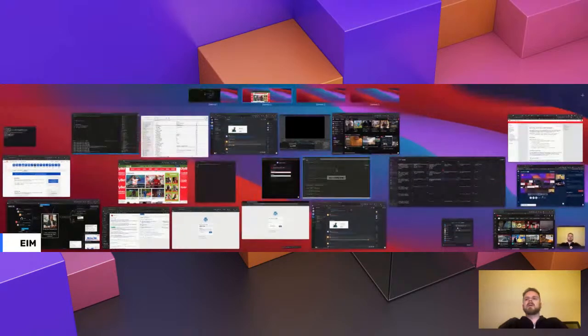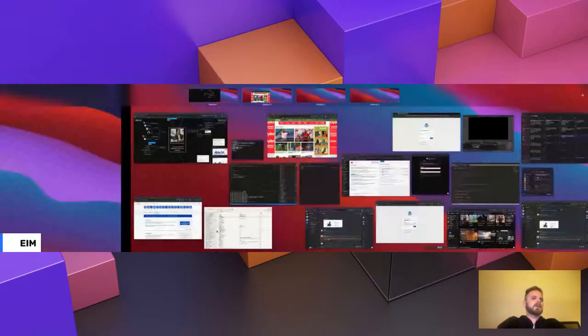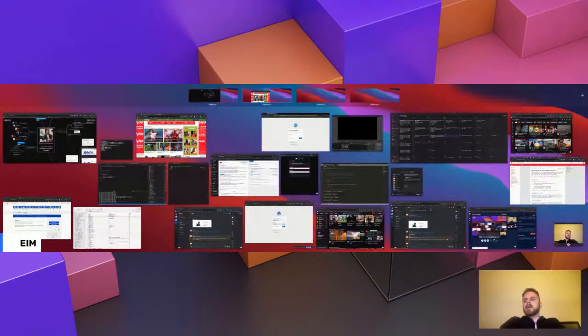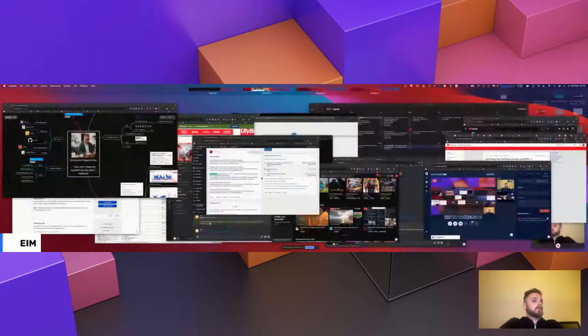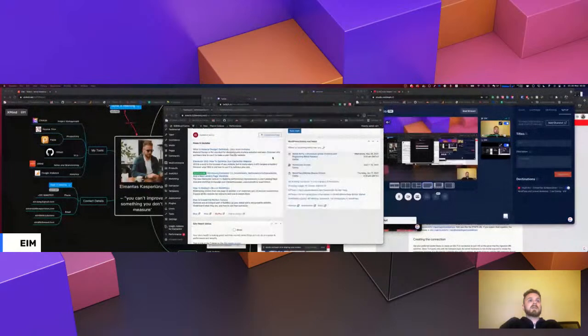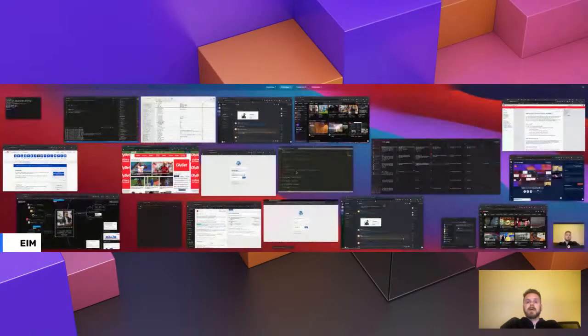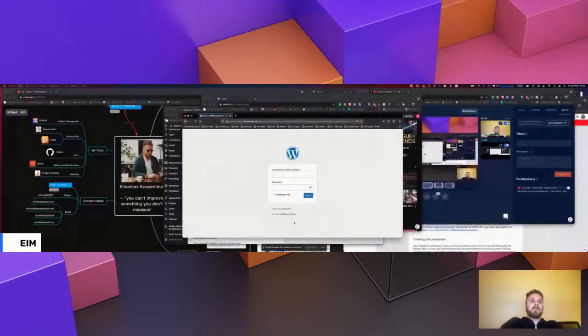I work with this many tabs, in case you're wondering, all the time, and I have multiple desktops to switch between the products and different activities. And we're going to dig into a lot of project management stuff and some workflow optimization tactics, how we can do things more efficiently. Because at this point, I've accepted the idea that a lot of things need to be done. So my goal is to figure out how to get things done more efficiently, because I don't have any other way right now.